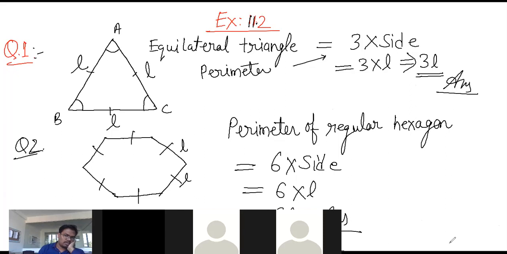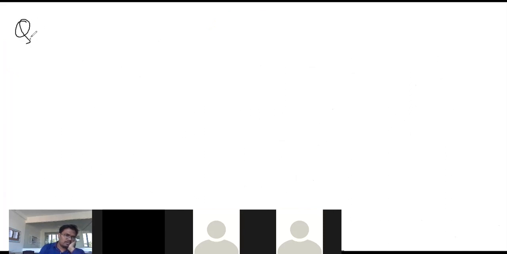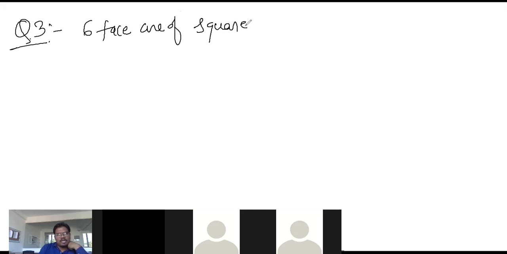Taken, sir. Okay. Now question number 3. A cube is a 3-dimensional figure as shown in figure 11.11, which is drawn beside the question. It has 6 faces and all of them are identical squares. Everyone knows that in a cube, the faces are square in shape. How many of you know that?